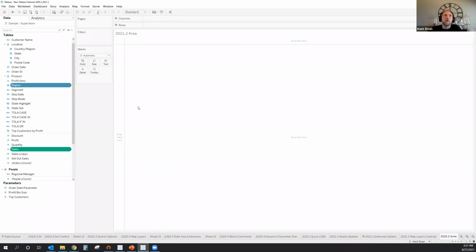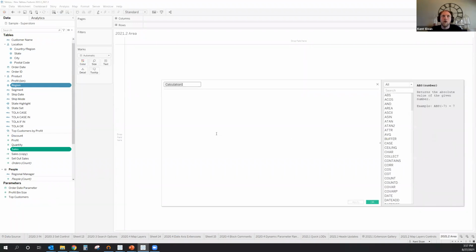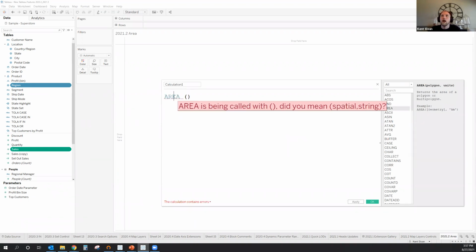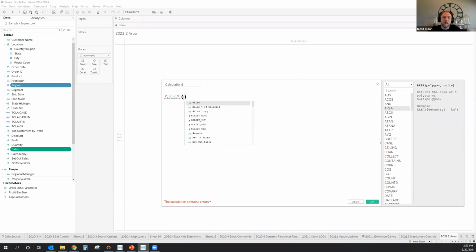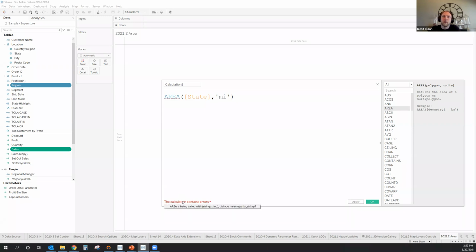Last one here inside of our Tableau workspace is our area calculation. So not a whole lot to show here other than here's what it looks like to type one in. And if I click on it, the logic is just reference a polygon field. So it has to be a shape, a geographic shape object. If I were to try and do this with something like state, for example, and then you pick your units, so what units you wanted in. So MI would work for miles, for example. It's going to say this is not going to work.